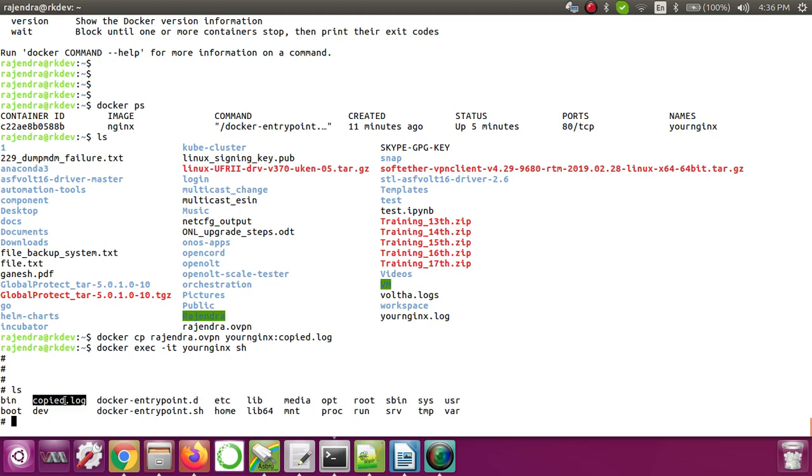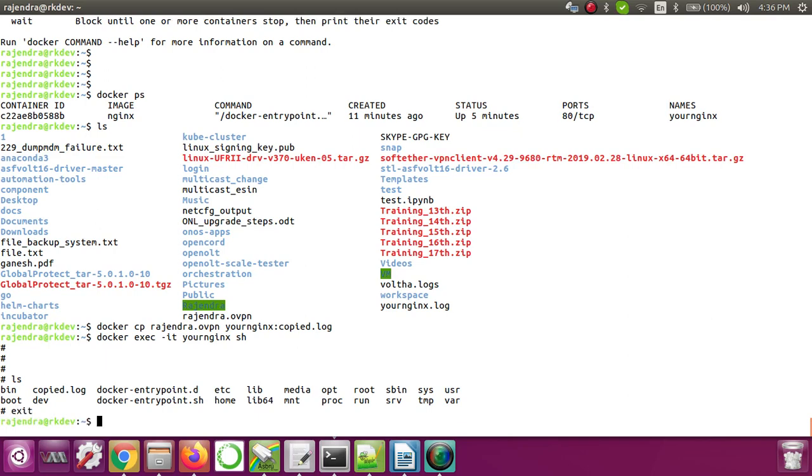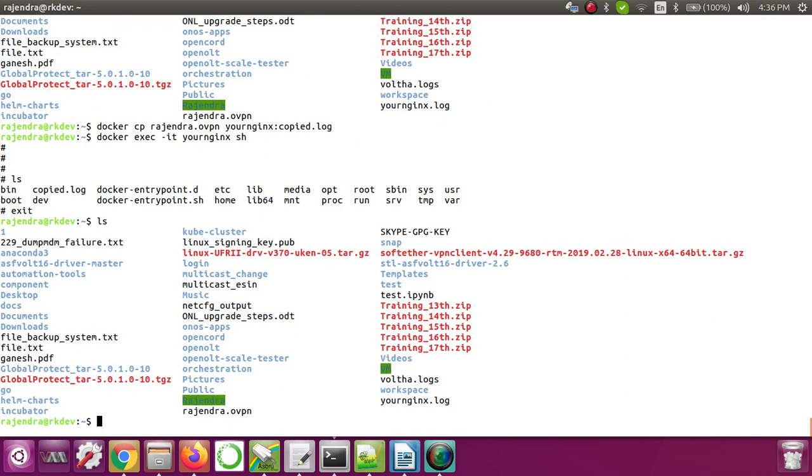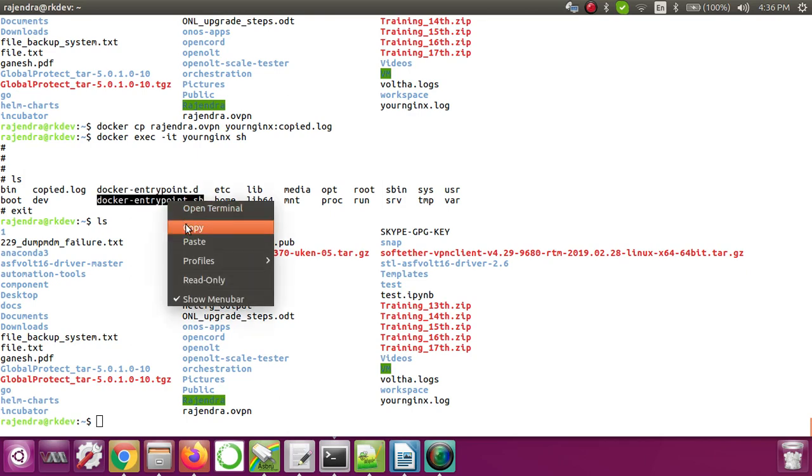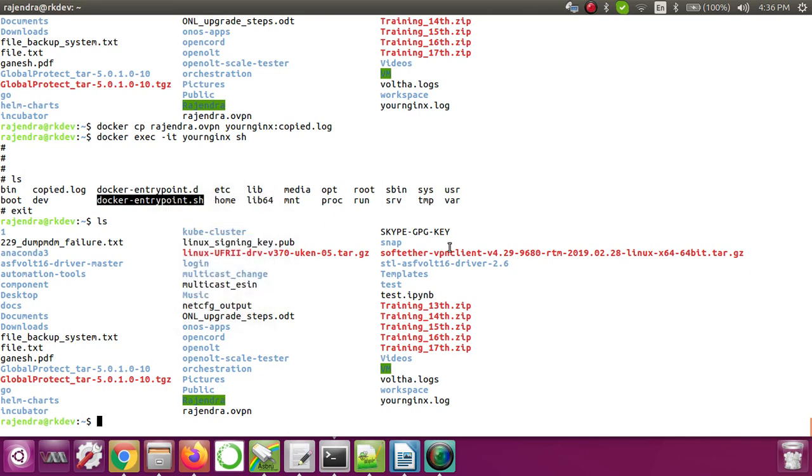Now let's say I want to copy any file from here to the local machine. That is also perfectly fine. If you see, there is something like a docker entry point .sh file, so let's copy that.